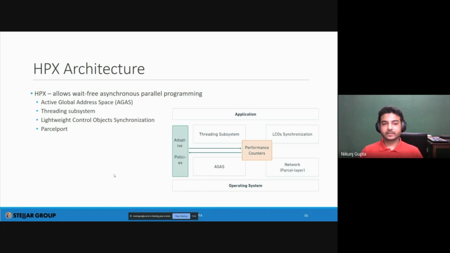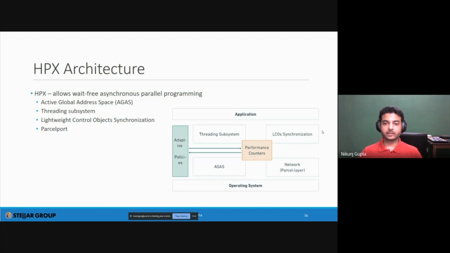Next up, let's talk a bit about the HPX architecture. HPX allows wait-free asynchronous parallel programming, and I won't go into a lot of depth with the architecture, so let me give you a brief overview. We have a threading subsystem, as I just said, with an implementation of lightweight threads. Based on that, we have local control objects that we use for synchronization.